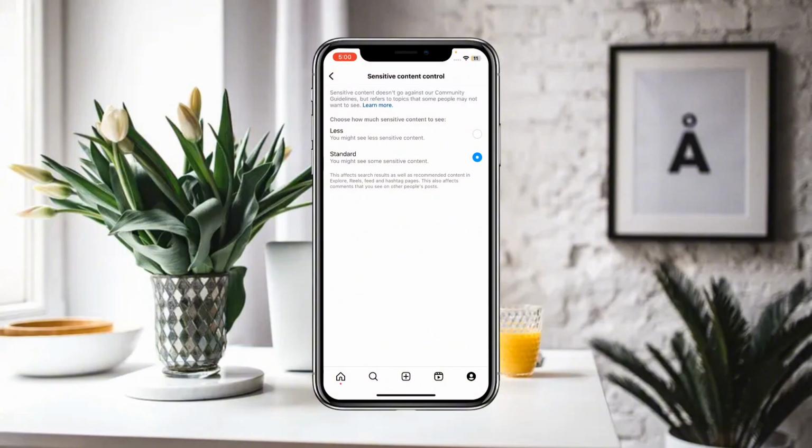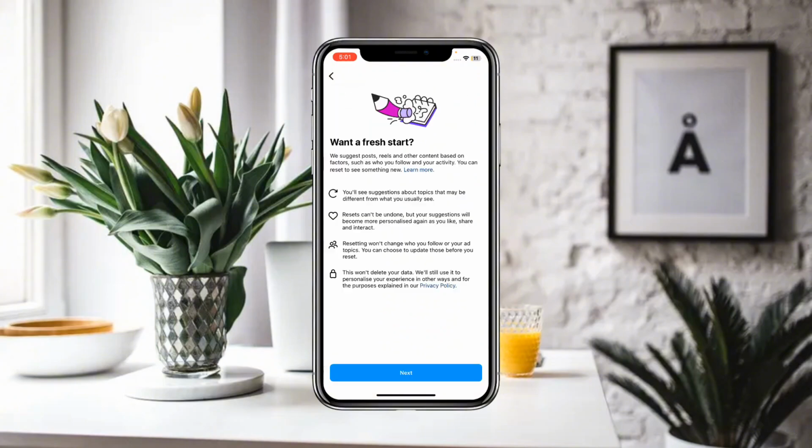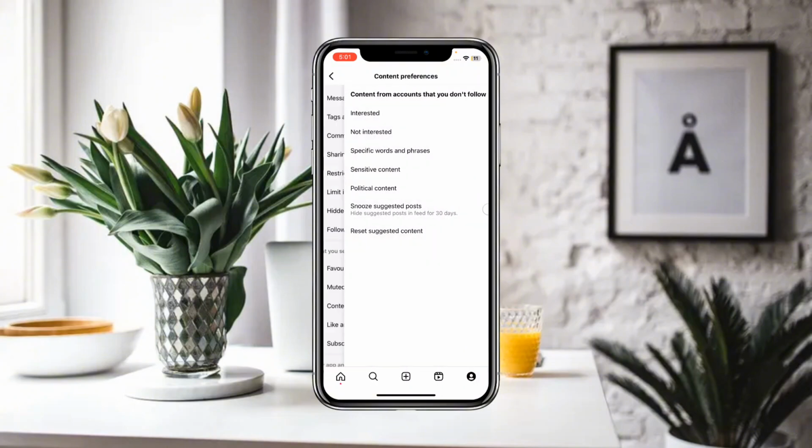Moreover, you can also check for the suggested content reset, which means if you want to reset all of the suggested content, then you can click on that reset option, and all of the content will be reset, and you will get new suggested content on your